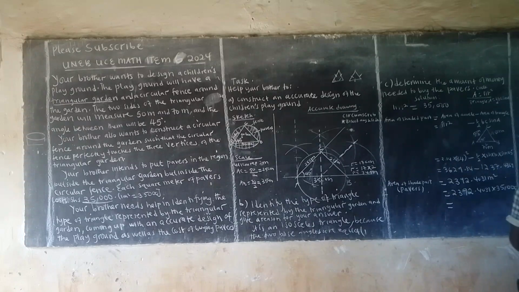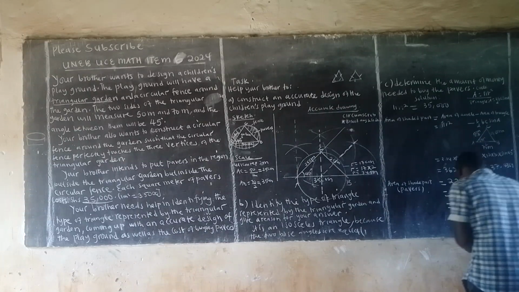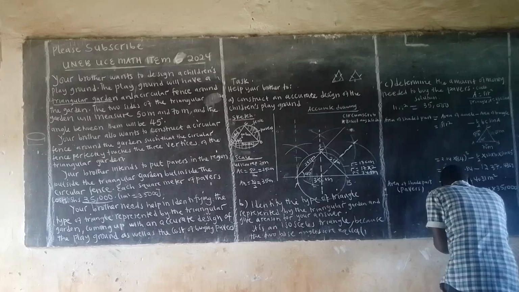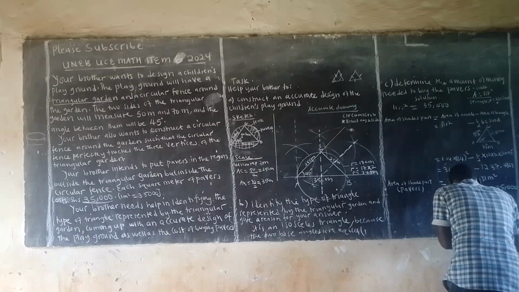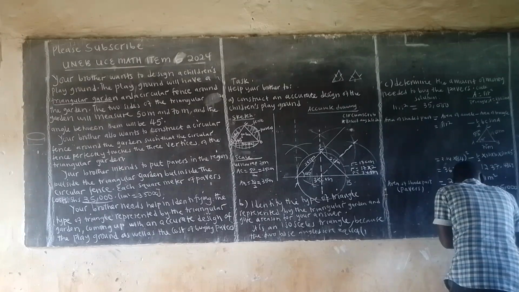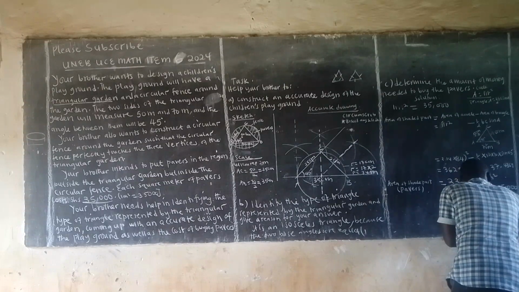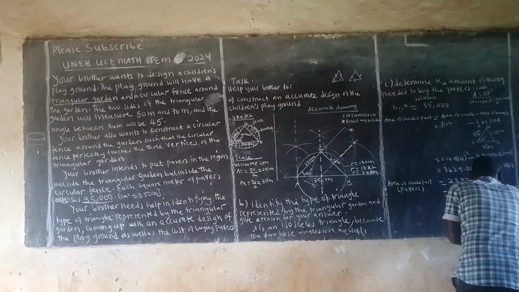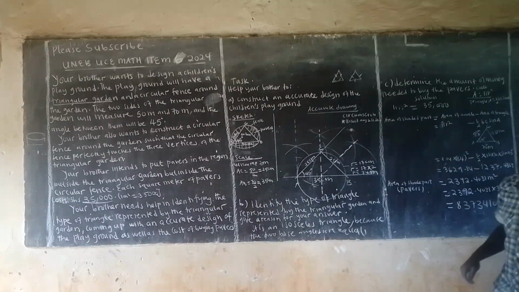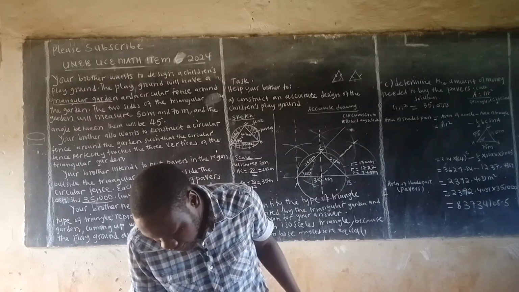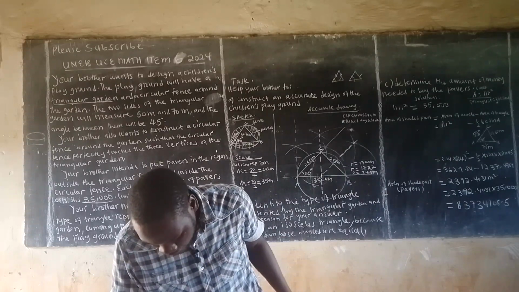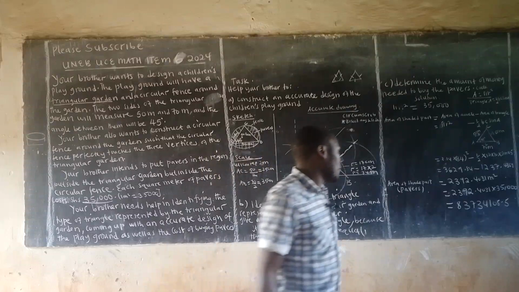All right, good. So this will be now times 35,000. This will be something like 83,734,108.5. That's the money those people will spend. If you try to put the commas there without rounding,